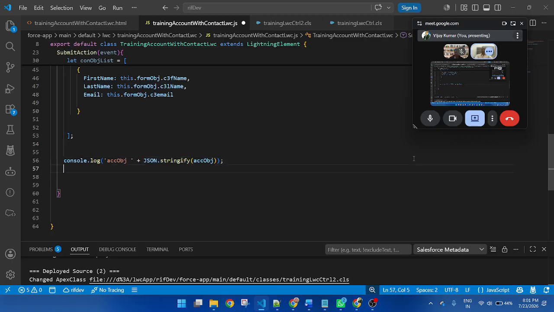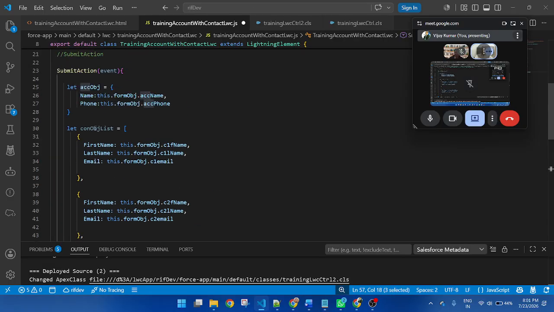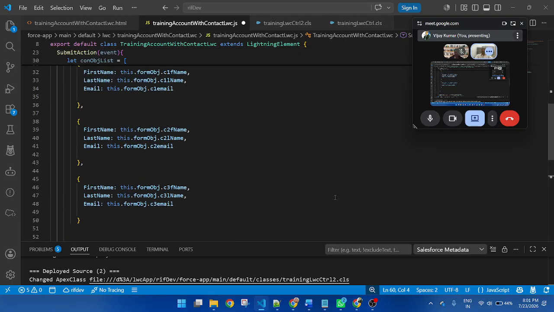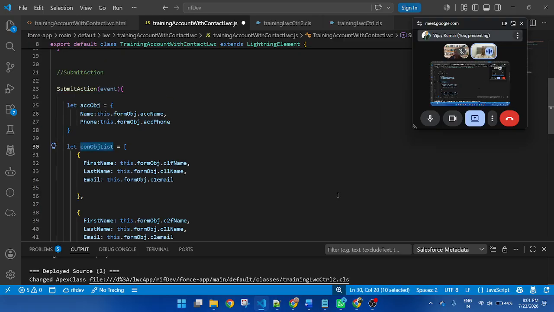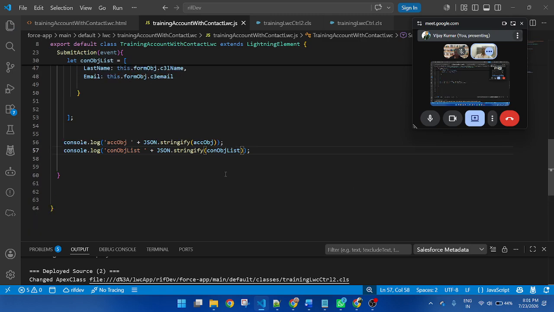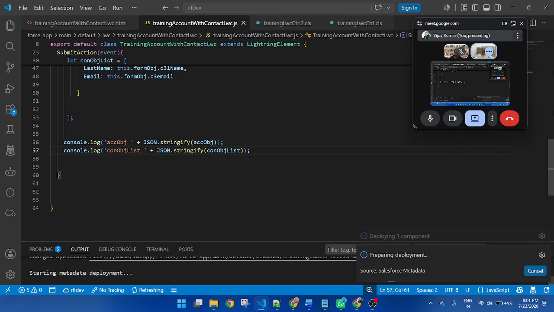Simply copy for contact, this one, the contact property list. And here apply the contact property list. Okay. So now let's save and deploy the code.